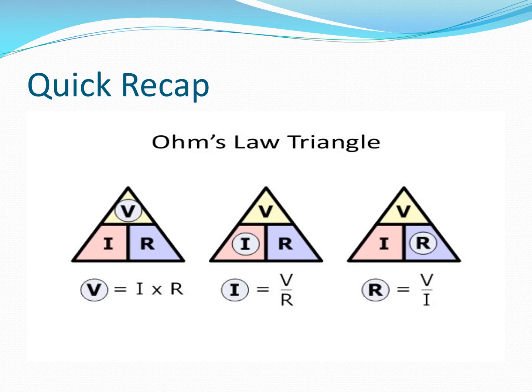Quick recapitulation. Easy way to remember the Ohm's law formula. It's a triangle. V is equal to IR. So you take V, that is on top, and IR is down. If you take I, then it will be V by R, because V is on the top of the triangle. And if it is R, it will be V by I. So practice this triangle formula and you will be able to remember the Ohm's law formula, how to find out potential difference or current or resistance.